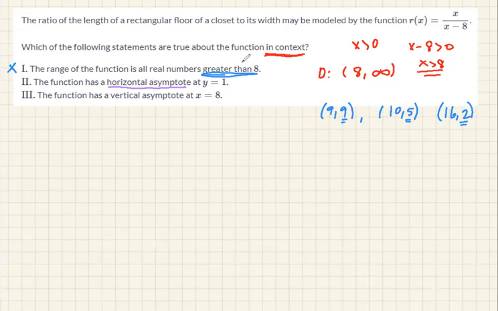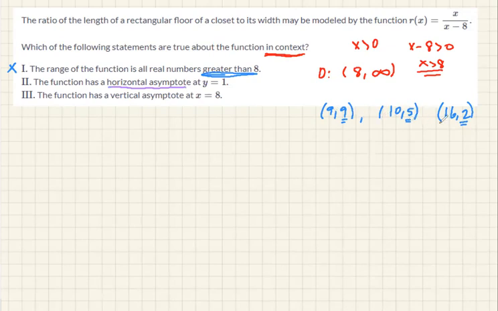So they may intersect sometimes, but I'm not going to dive into that yet, okay? An asymptote is just the line that your graph is approaching, okay? But what is it? How do we find it? You can plug in some values, like we started with 9, and then we